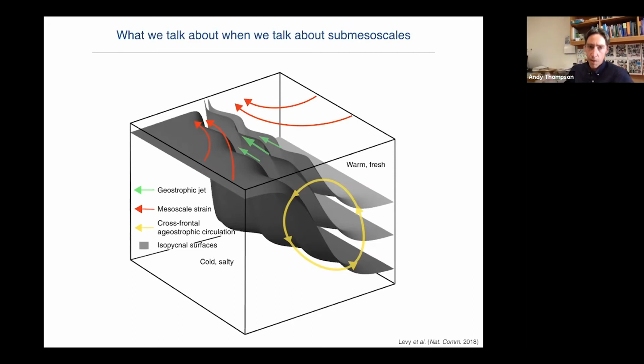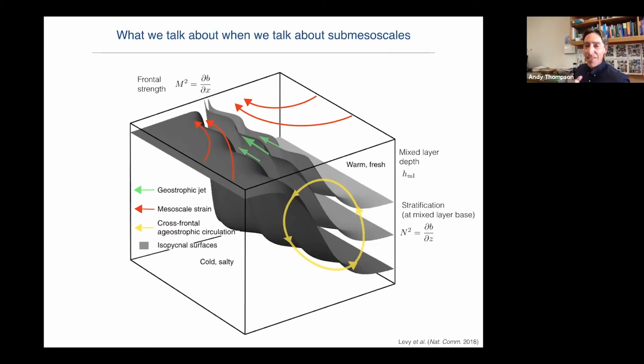So my title here is what we talk about when we talk about submesoscales. The things that people really think about and care about are these properties. The intensity of the submesoscales depends a lot on how strong those fronts are. So you establish a horizontal density or buoyancy gradient, dB/dx here, that's very sensitive to the strength of that mesoscale